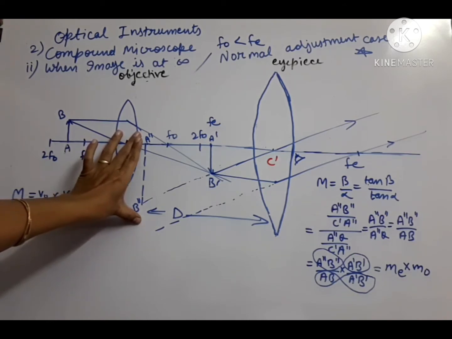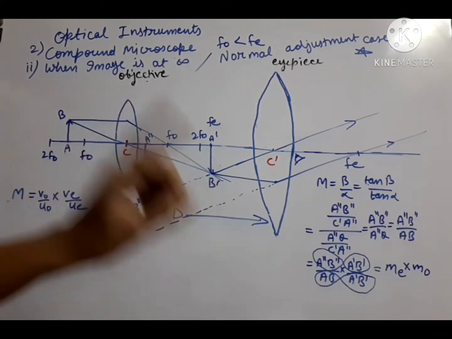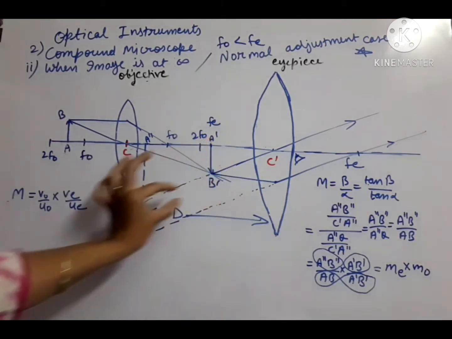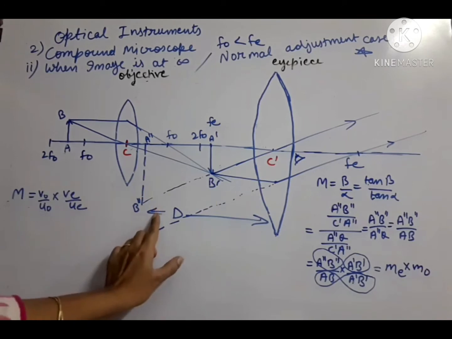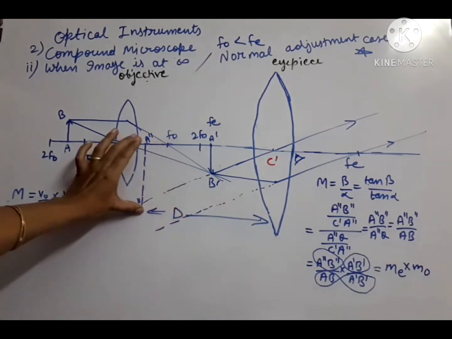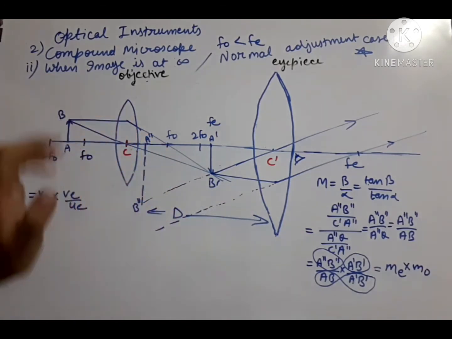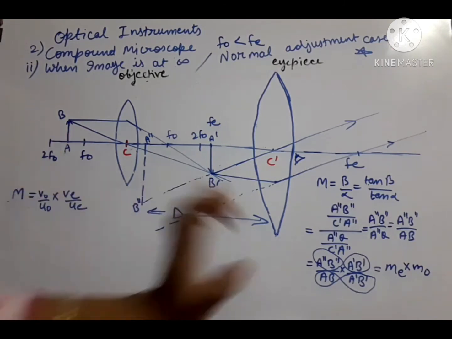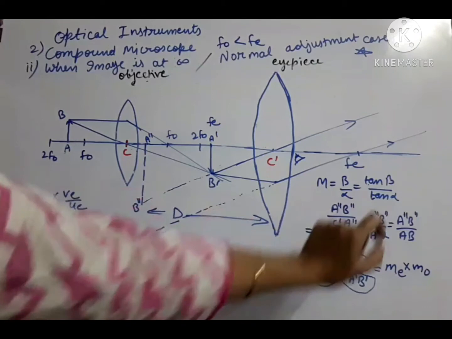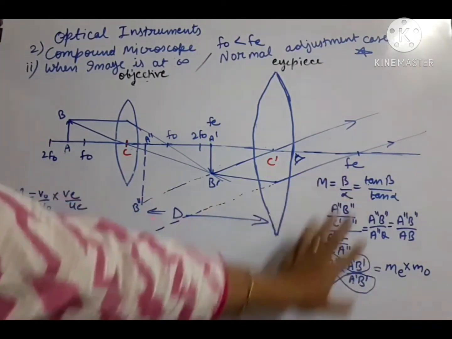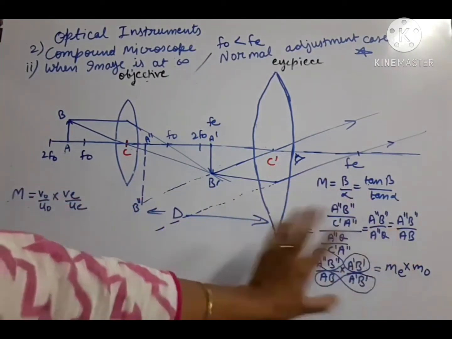So this is the change. What is the change? In the earlier case, the two rays were meeting, and in this case the two rays are not meeting. But still the distance of this image is D only. Now again in the same manner we will calculate the magnification, which is beta upon alpha or tan beta upon tan alpha. You can see that I have not removed any of this calculation, it is exactly the same.